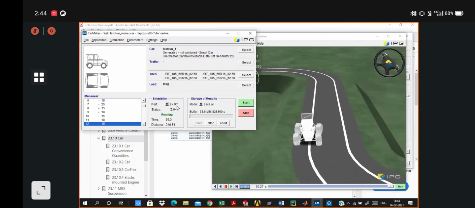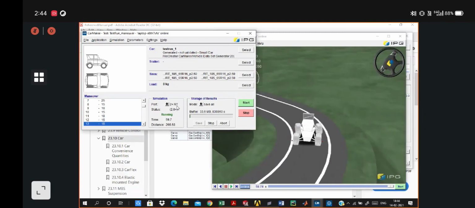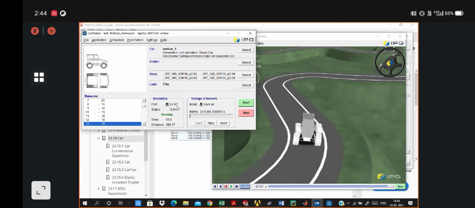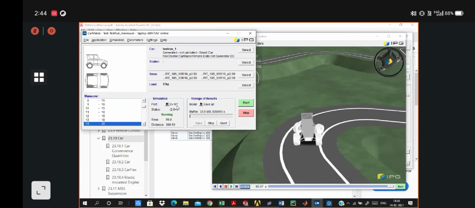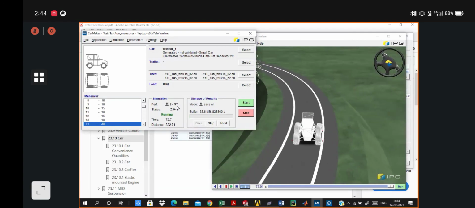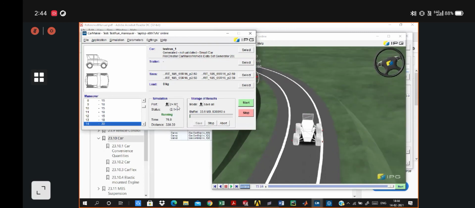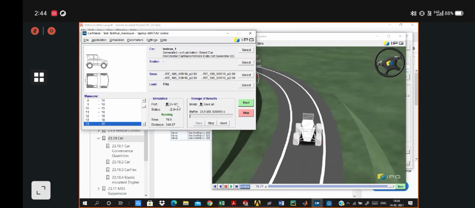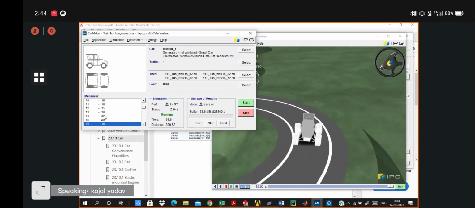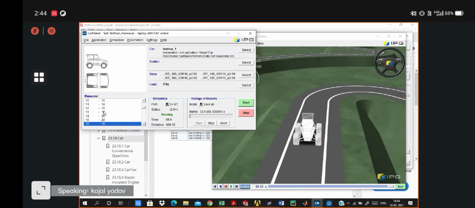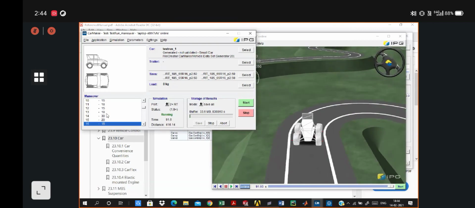You can see at this particular step, the 13th maneuver step, the vehicle is having pitching. So you can go back to the maneuver and particularly improve or enhance the values in that specific maneuver step.